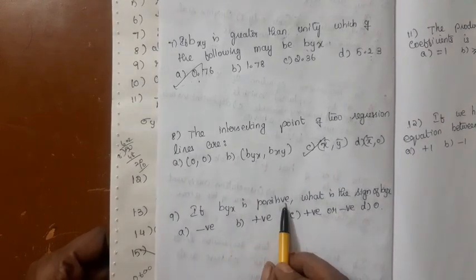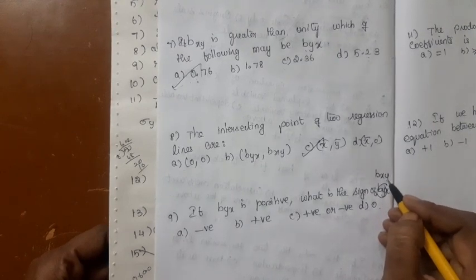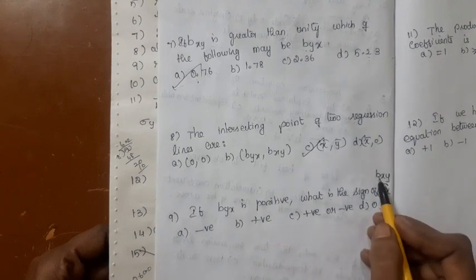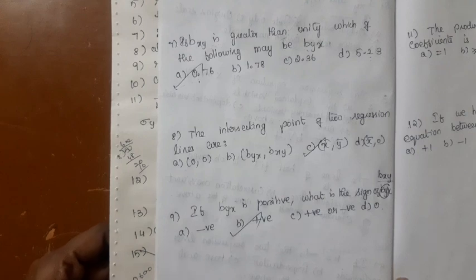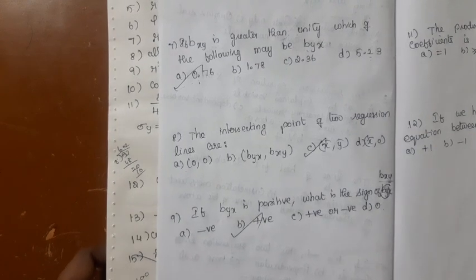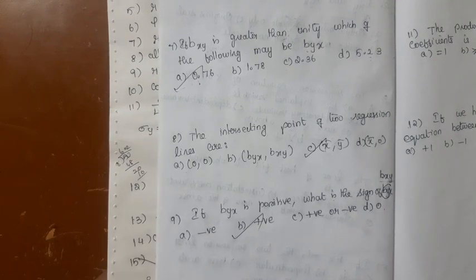If byx is positive, what is the sign of bxy? This is also positive, because the regression coefficients will have the same sign. They reflect the direction of the movement of the variables. If both the variables are moving in the same direction, the coefficients will be positive. If the variables are moving in opposite directions, the coefficients will be negative. All the regression coefficients, the correlation coefficient, everything will be negative when the variables are moving in the